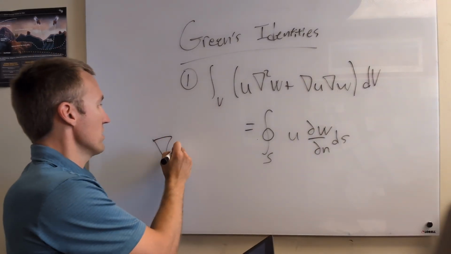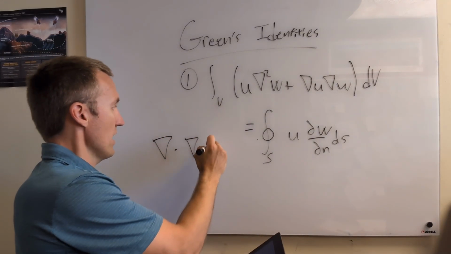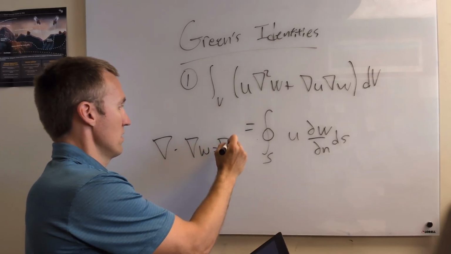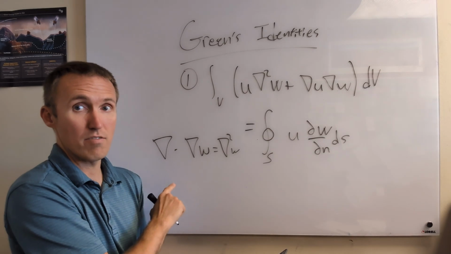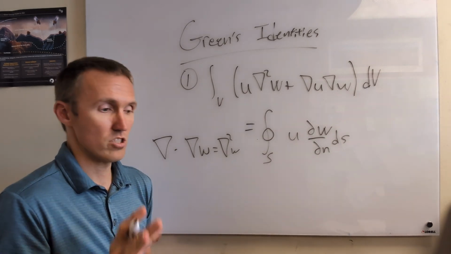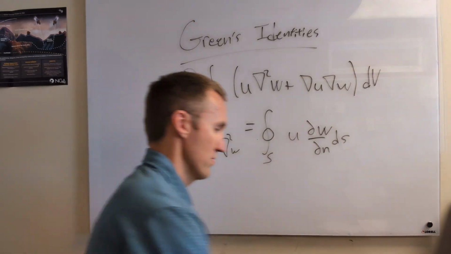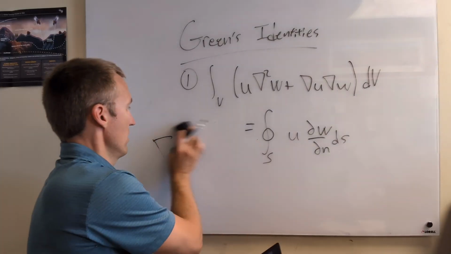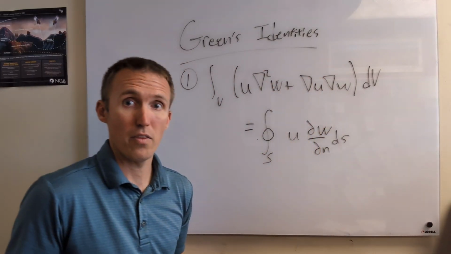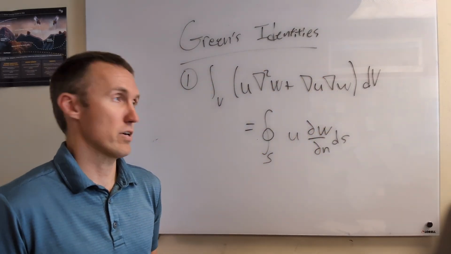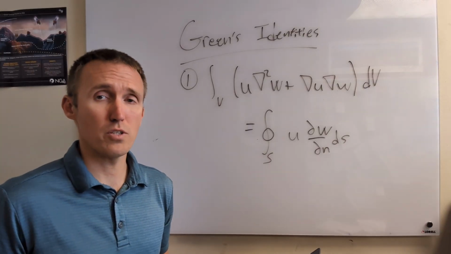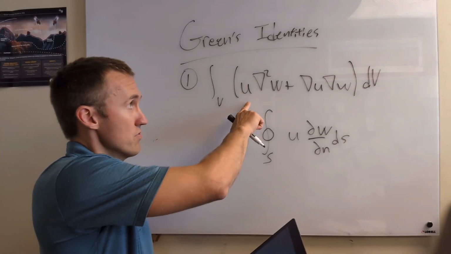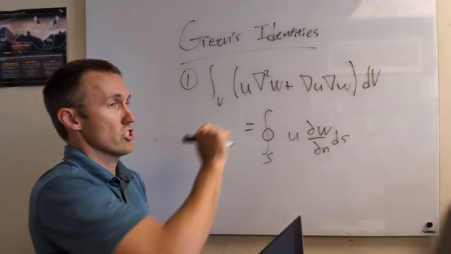So del dot grad w is equal to del squared w. So it's the divergence of the gradient. Divergence of the gradient is what we call the Laplacian. You can think about the Laplacian as like a second derivative operator, but in multiple dimensions. So we have u times the Laplacian of w